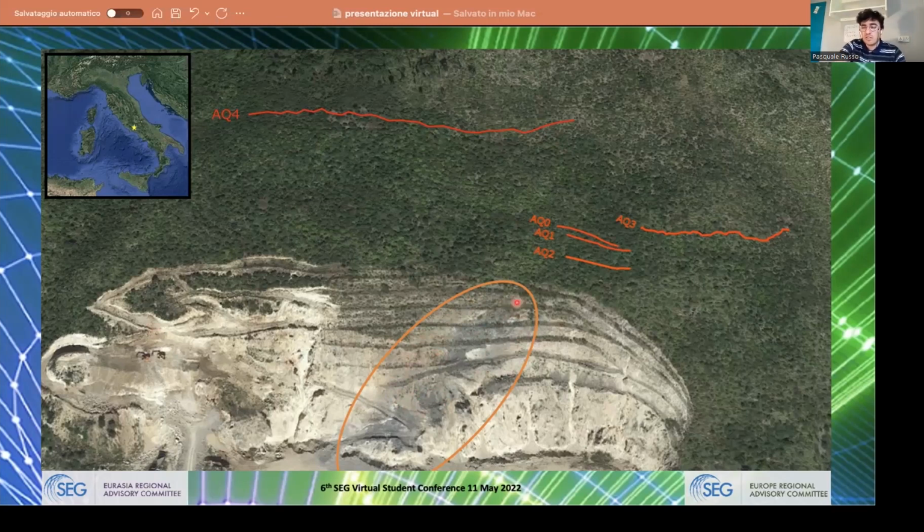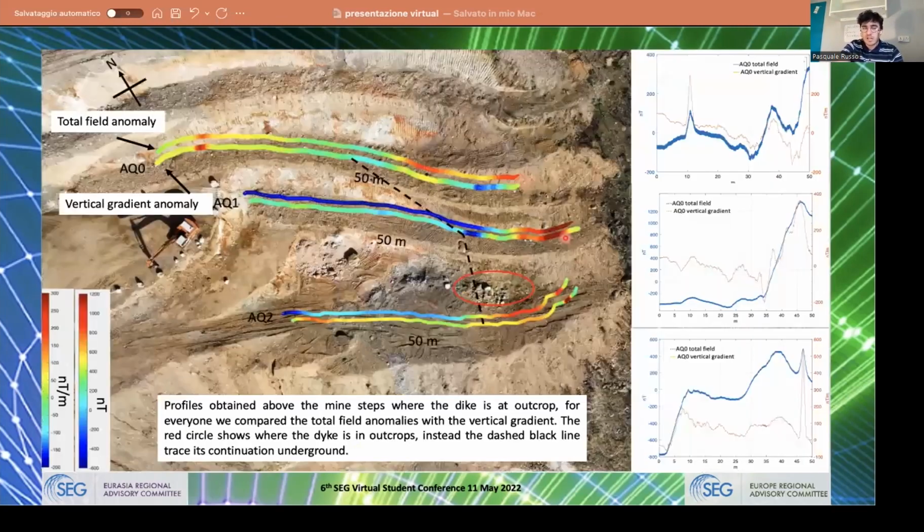So in order to investigate the horizontal extension of the magmatic rocks in this area, we carried out 5 measurement profiles. 3 profiles were made above 3 quarry steps, the excavation of which brought to the surface a portion of the dike. In this picture, I'm showing for each profile at the top the total field anomaly and at the bottom the vertical gradient anomaly. Looking at the anomalies, there is a good spatial correlation between the 3 profiles,